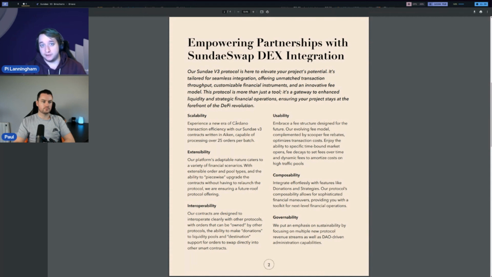So there will be a DAO vote either already started or in the coming days to select who that treasury should be. This is a big decision for the DAO, so we're recommending that we start small. This also means that the protocol revenue is going to be in that treasury and owned by the DAO, and spending funds from that revenue is in control of the DAO, not Sunday Labs.